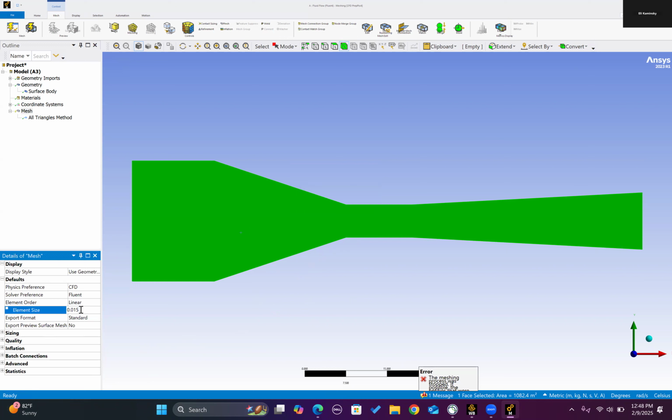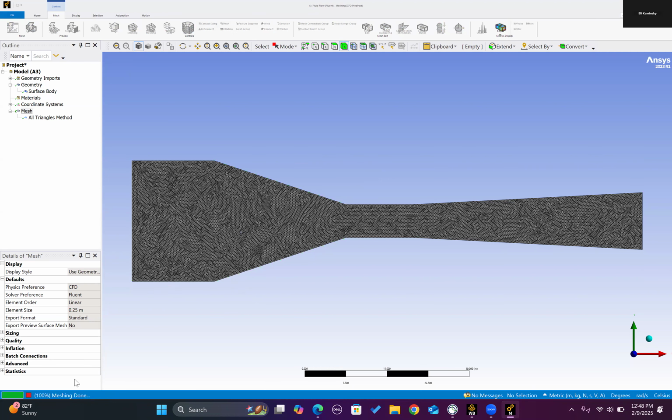For the sake of getting this video on the road, we're just going to hit 0.25. That's not ideal, but gonna have to make it work for right now. Okay, that one worked. Now that is over with, we are going to